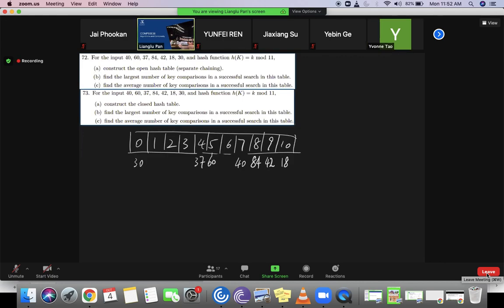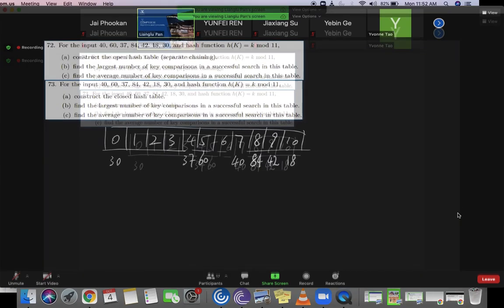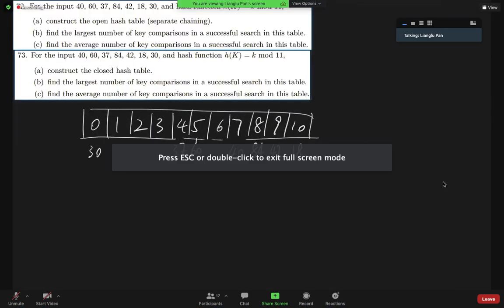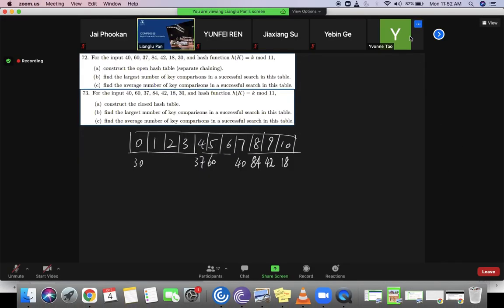There are many other hash functions out there, and in practice, in different programming languages, you don't need to worry about the actual hash function they use. It should be far more complicated than you can imagine. But the idea is that we want to have any random element